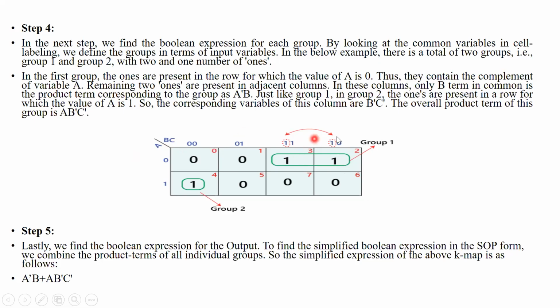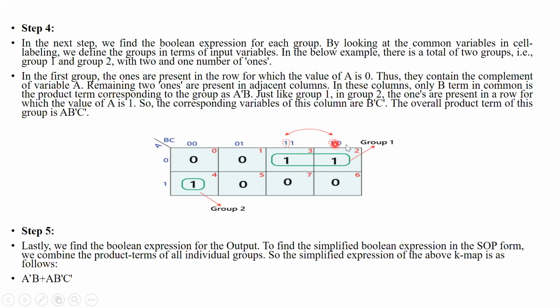It was 1 over here, it changed to 0 over here in cell 2. Now, the value of A was 0 in both cells, the value of B was 1 in both cells, and the value of C was different over here. Now, how we will consider it is: whichever value is changing between the cells, I will neglect that. And whichever value is the same, I will consider that value. So here the value of A is 0. For 0 we use complement notation. So what I will do is write A dash for this.